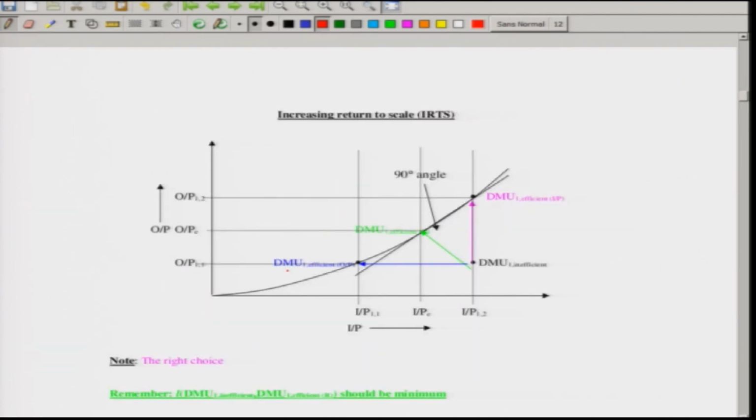Now consider the increasing return to scale. In the increasing return to scale you will consider the graphs again in the same way. In the first case you consider the output along the y axis and the input along the x axis. The graphs are such that as you keep increasing the input, the output increases in a higher proportion, such that the rate of change of the functional form of output versus input is positive, but the second derivative is higher. That means per unit as you keep increasing, the addition of the output is happening at a faster rate.